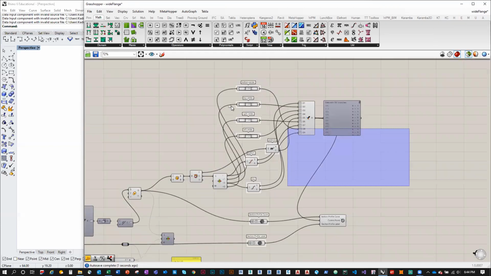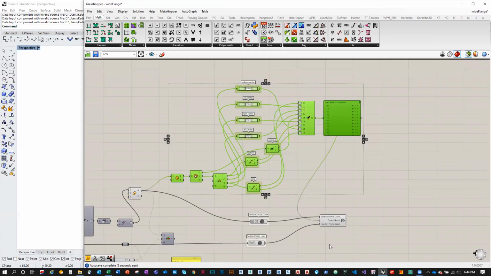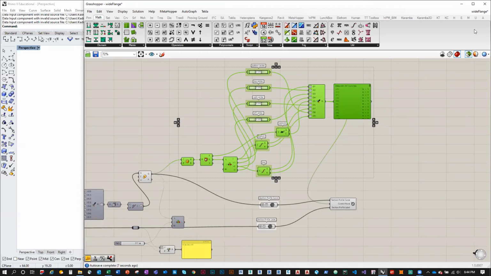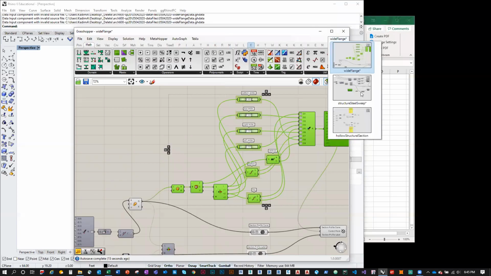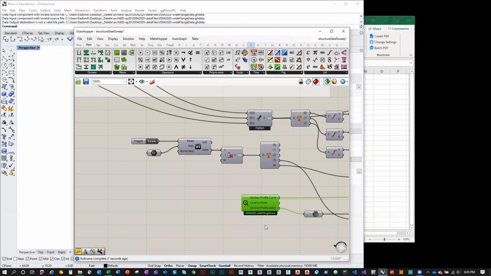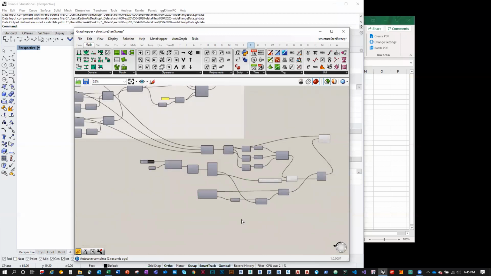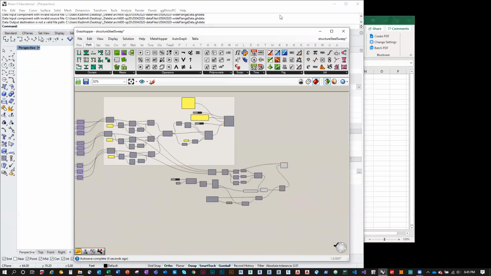As far as I'm concerned, once you do it here, you can just literally copy this and paste it into a hollow structural script. And then I want you to read that. I want you to feed that into your structure sweep script and just use it. I think that is all I have for you